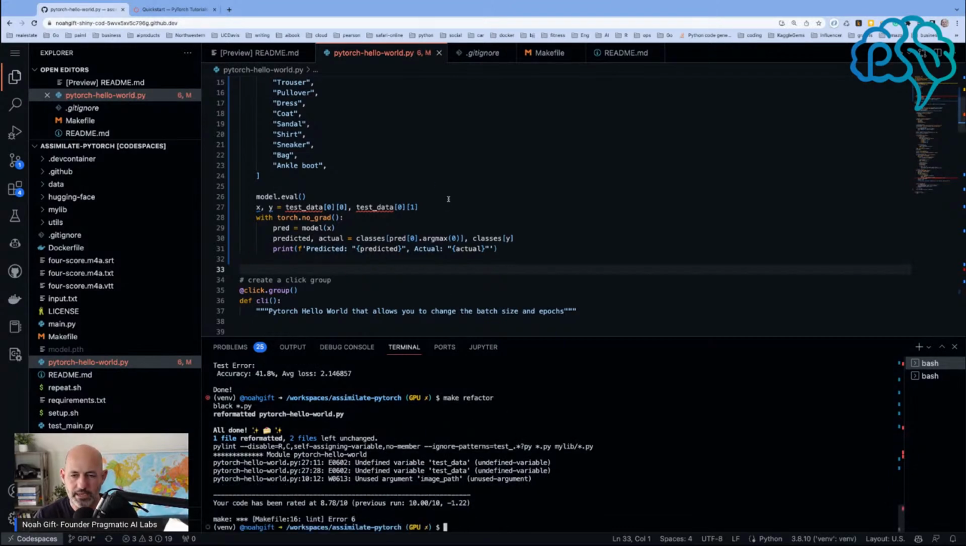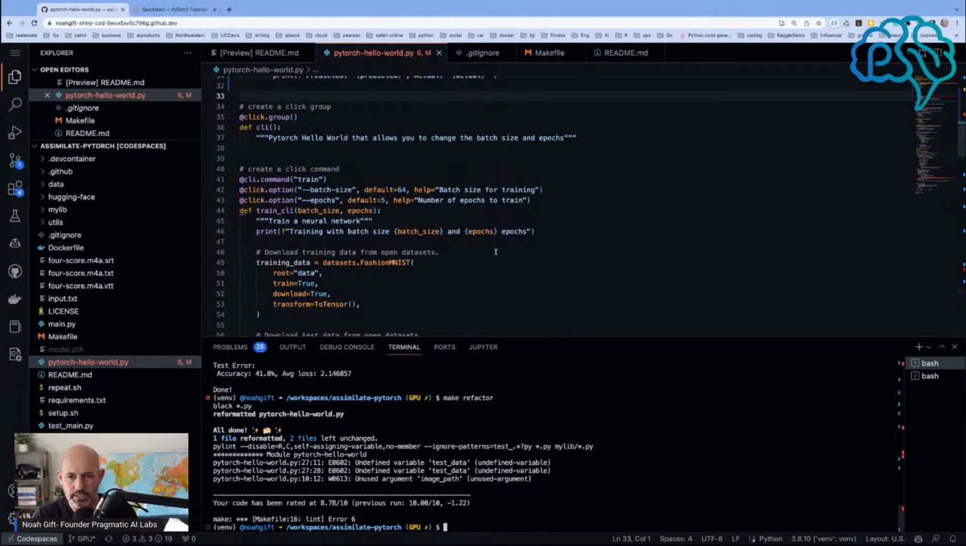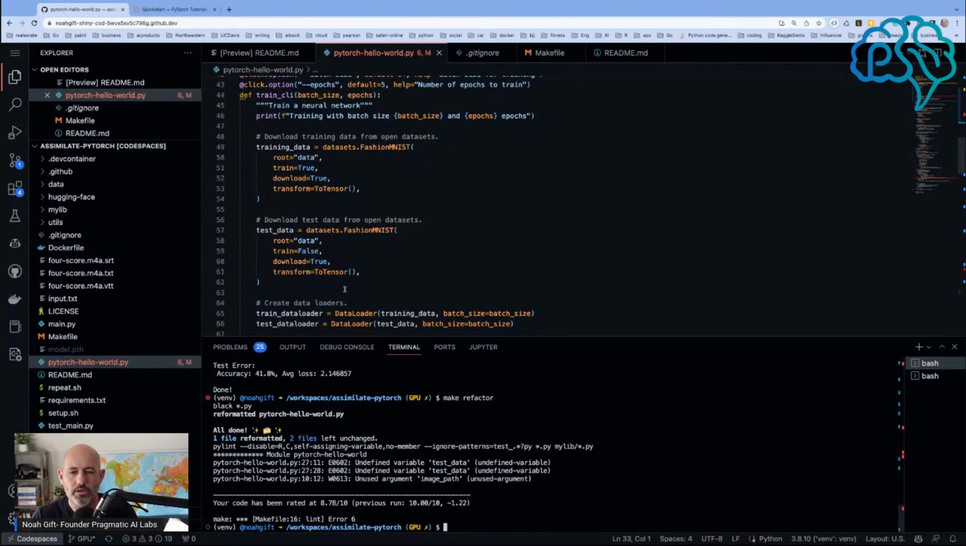Undefined variable test data. So this does get more complicated because the test data download test data from open data sets. So kind of a bummer that code is actually embedded inside of here, which makes things a little bit more complex to play with here,